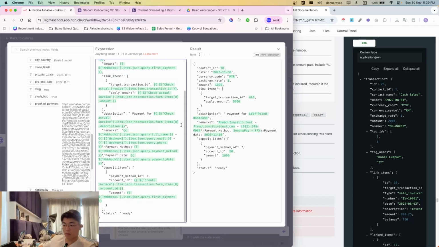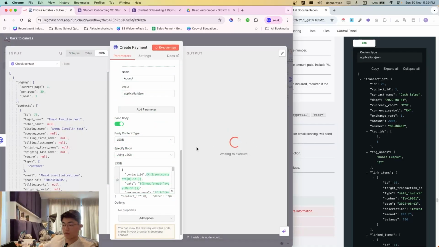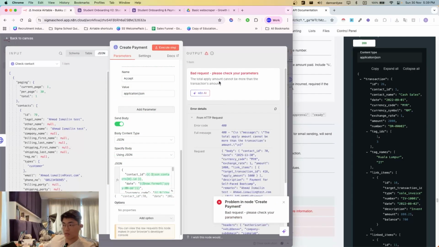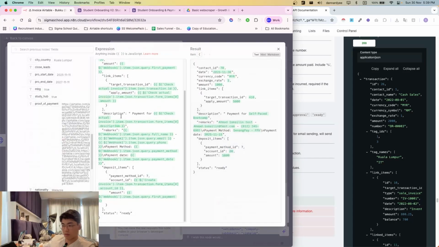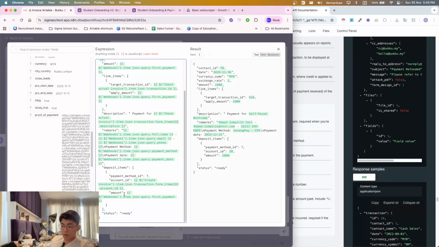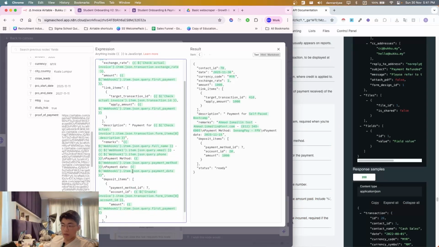Last check, yeah. Cannot be more than the transactions amount. Right, so I've replaced this amount with 1,000 ringgit, which is from the first payment, apply amount as well, and